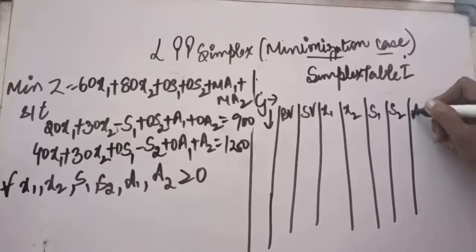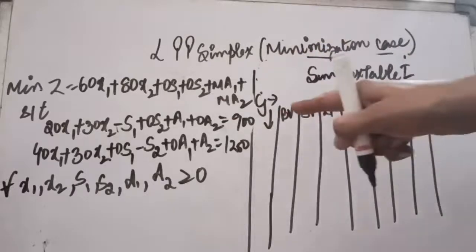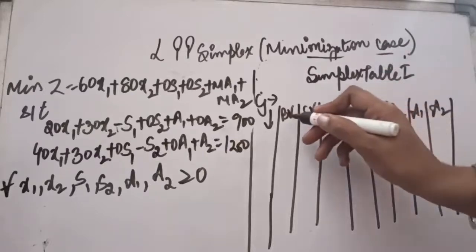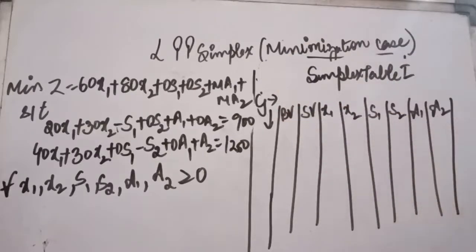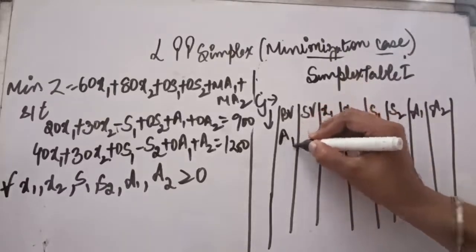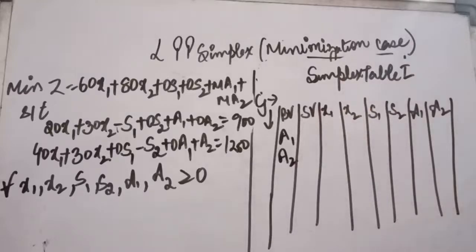Besides that, we have a1 and a2 also in the question now. So all the variables that are there in our equations, we will create the columns. In the last column we will keep the solution. Now filling this table, first of all the basic values, the variables that we have added in the question. We have reduced s1 and s2, but a1 was added in the first equation. So a1 is added, in the second equation a2 is added. So whatever you have added in the question, you have to take those variables.